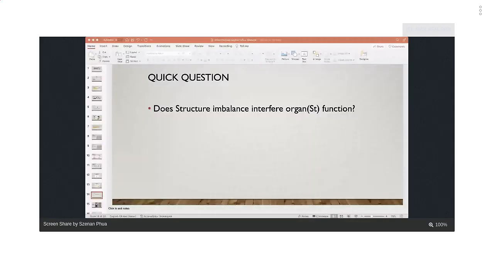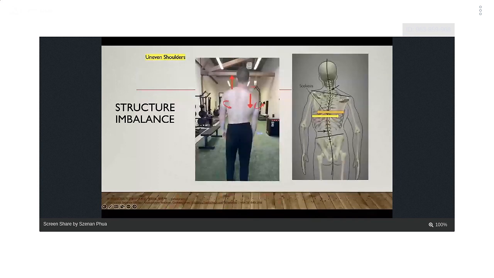We all agree in here. I haven't seen anyone reply no. Okay, we all agree that the structure imbalance does interfere with organs. Then with the acid reflux, the structure imbalance would actually interfere and make the stomach organs out of balance too. So how do we look after that? The strategy that I show you was looking after treating the organs imbalance and the meridian blockage.